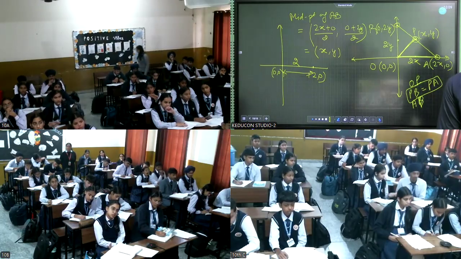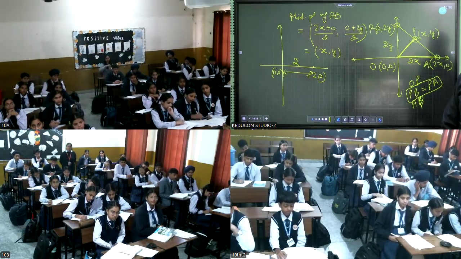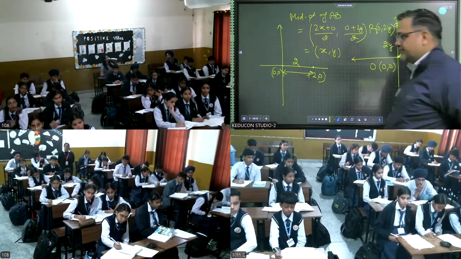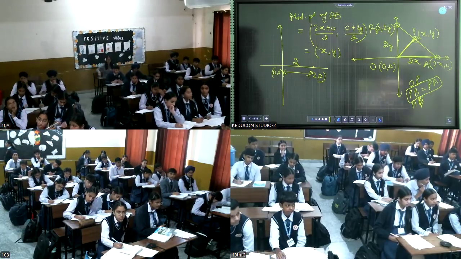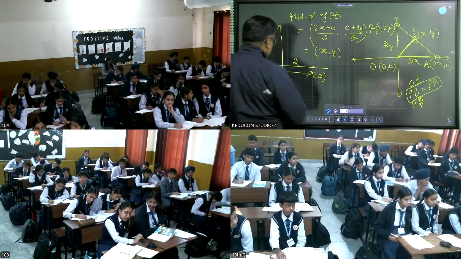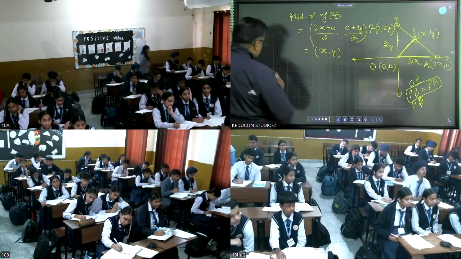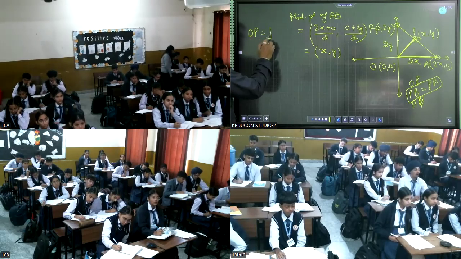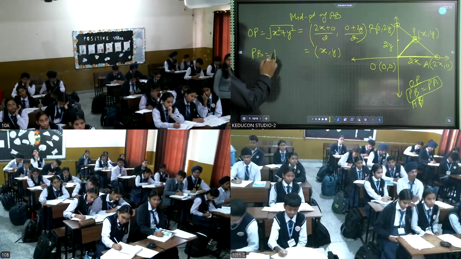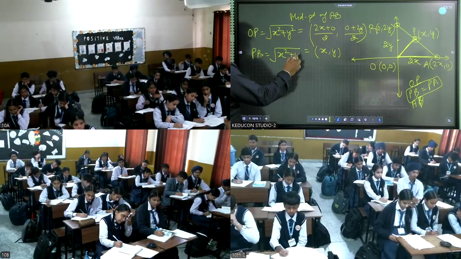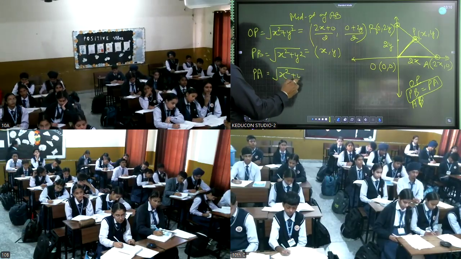Yes or no? Yes. Now calculate the distance OP. So what will be OP? So what is the distance OP? Under root x square plus y square. Now calculate PB. Under root x square plus y square. सारा इक्वल आ गया बेटा. ये भी इसके इक्वल आ रहा है बेटा. PB भी आ रहा है अंडर रूट एक्स स्क्वायर प्लस वाई स्क्वायर. So PA will also be equal to